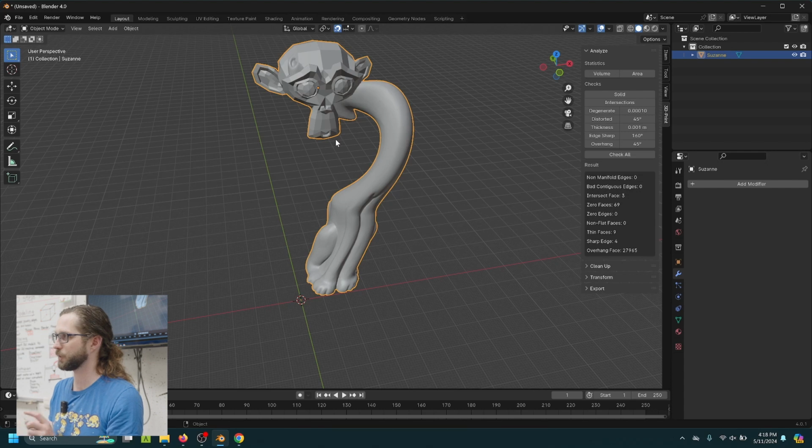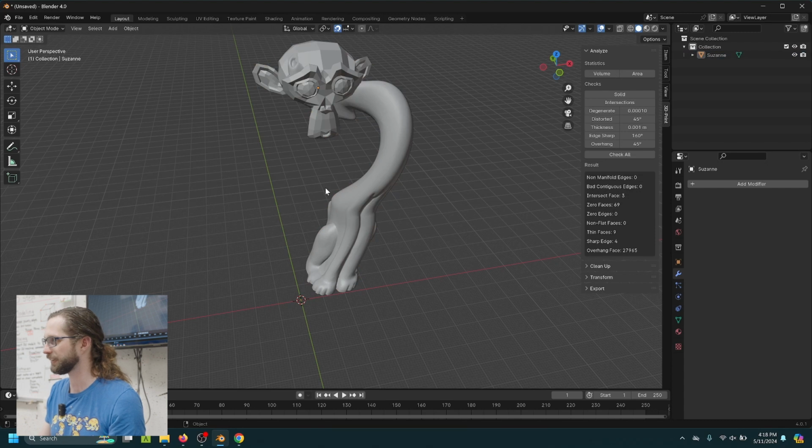However, it hasn't changed where their geometry is. So now there's a bunch of cat geometry that's inside the monkey geometry, and there's a bunch of monkey geometry that is inside the cat geometry. This won't be sliceable, this won't be printable, because there's a bunch of weird stuff going on. I'm not going to try to use the analysis because of how complicated this cat is, but trust me when I say that. There's one more step that we have to do in order to make this work,